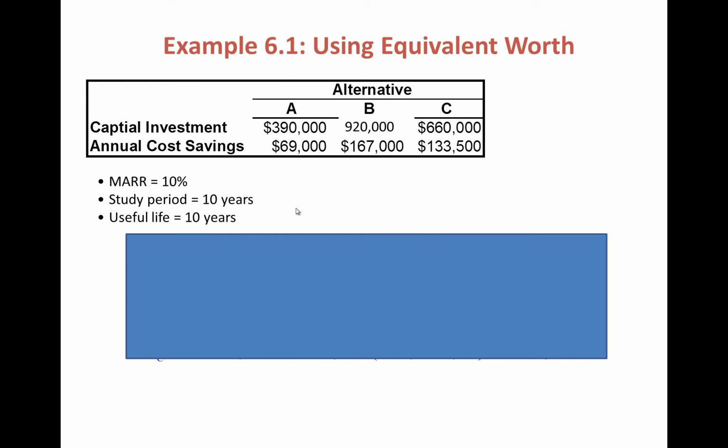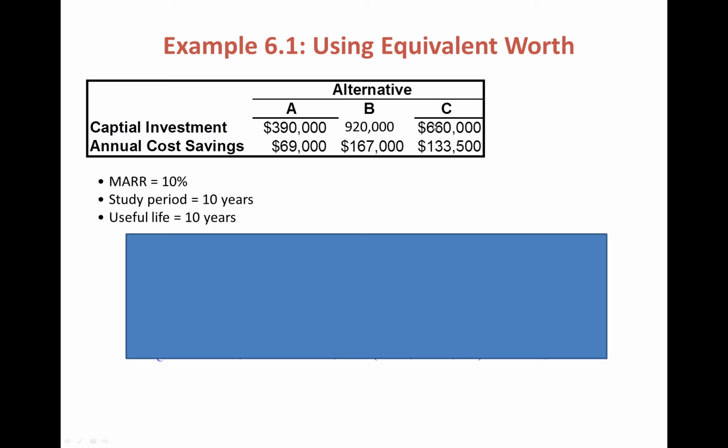So we've got three alternatives. We've got an alternative that has an upfront capital investment in year 0 of $390,000, and that's going to generate annual savings of $69,000. So we can think of that as a revenue. We can spend $920,000 and then get savings of $167,000 per year, or spend $660,000 and have annual savings of